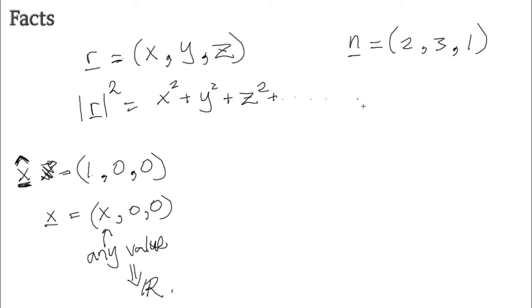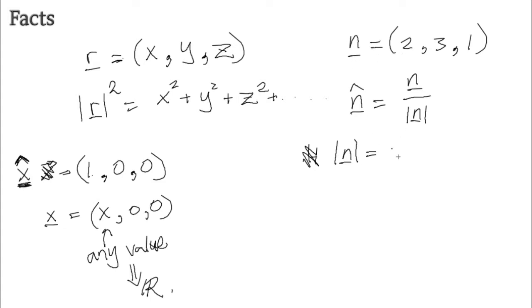To find the unit vector n hat, you will want to divide that by the modulus. So n hat is defined as n on mod n, and mod n